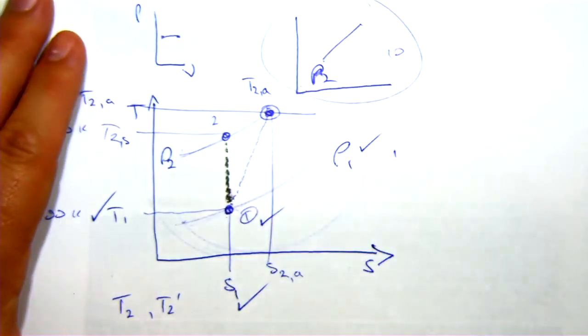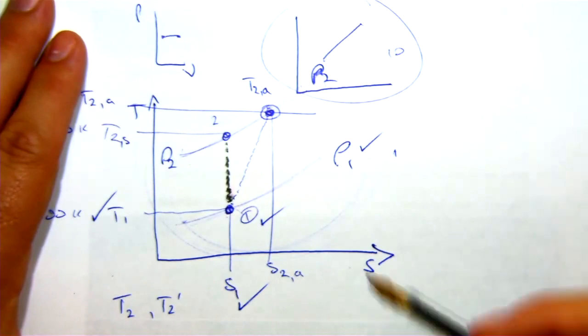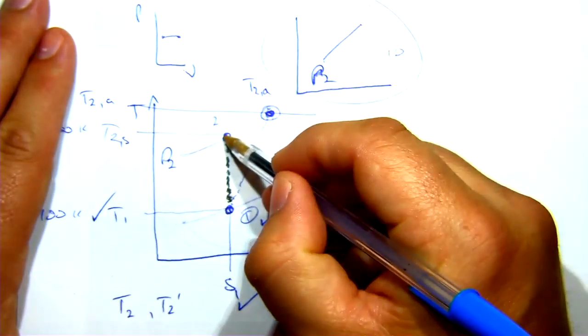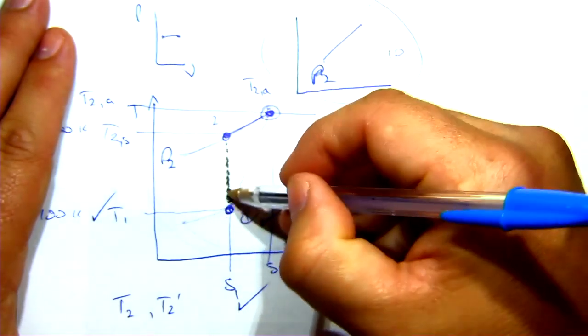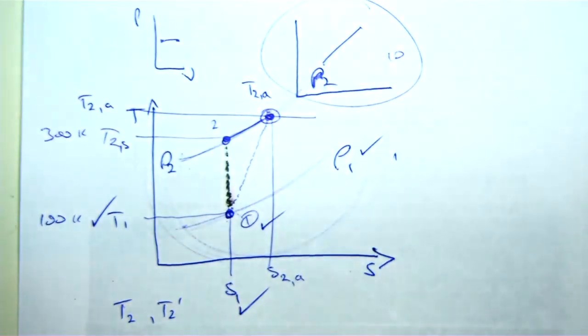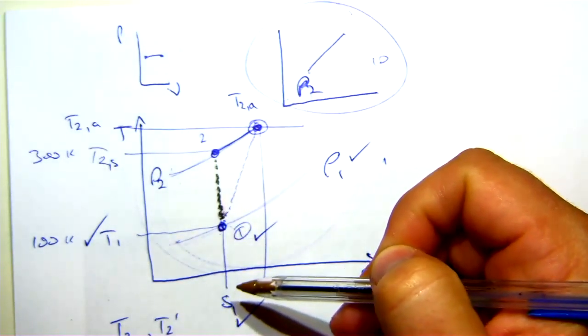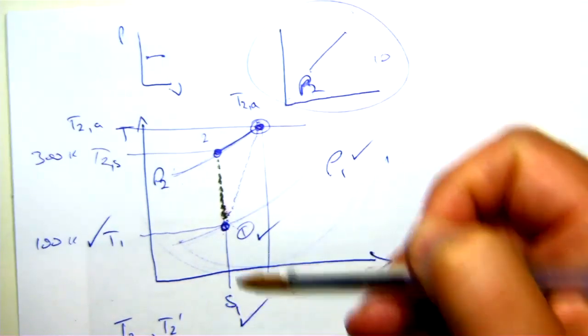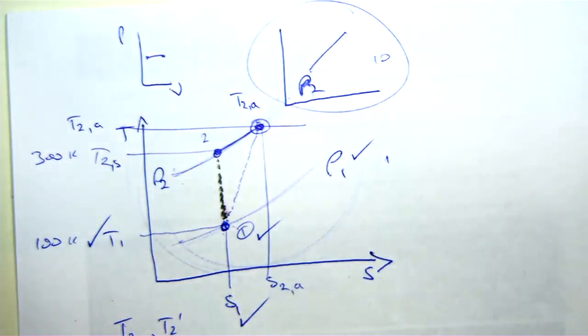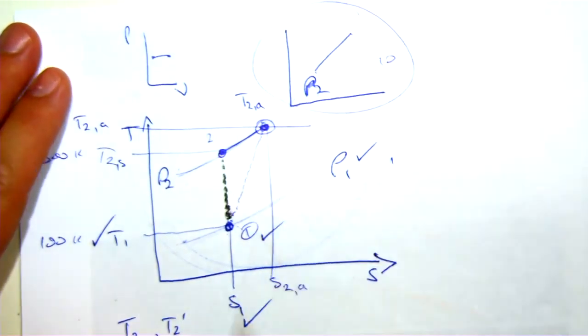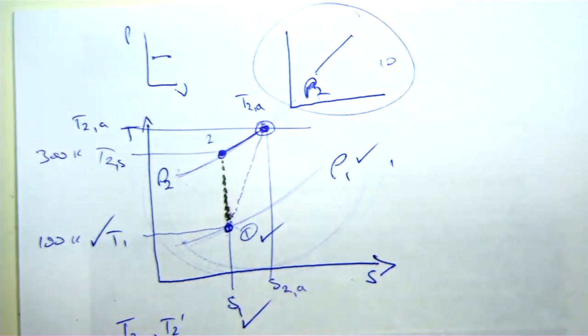The other point of this slide in this lecture notes series is that this process from here to here, this guy, we know isentropic equals adiabatic and reversible. Adiabatic we can see because there's no area under the TS diagram, so there's nothing to integrate to a Q. And reversible, we've shown. Now, this process from here to here, from T2 to T2A, on a constant pressure increase in temperature